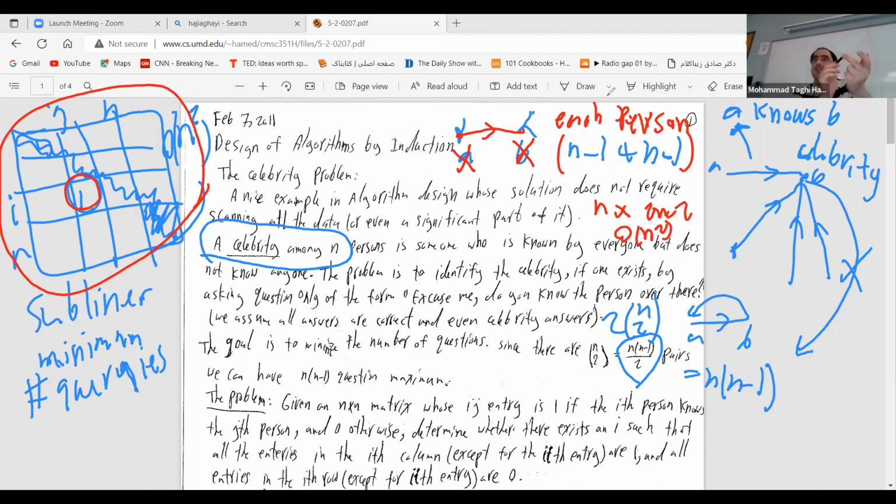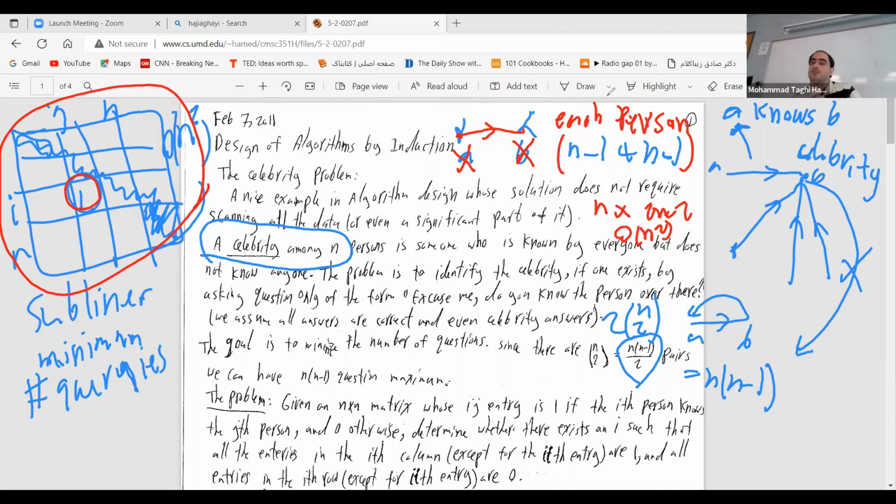Then the winner, in some sense, goes next time with the third person, and you will do that. After n minus 1 questions, I'm coming with at most one person. It might be the case that you see the first person and second person, the first one wins. Then between first and third one, again first one wins. By wins I mean that does not get eliminated, and so on and so forth. So it might be the case that the first guy is actually the one that survives to the last. I need n minus 1 questions.